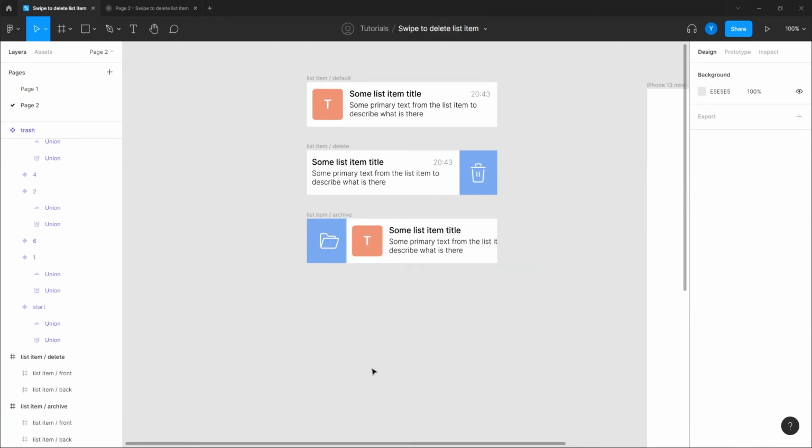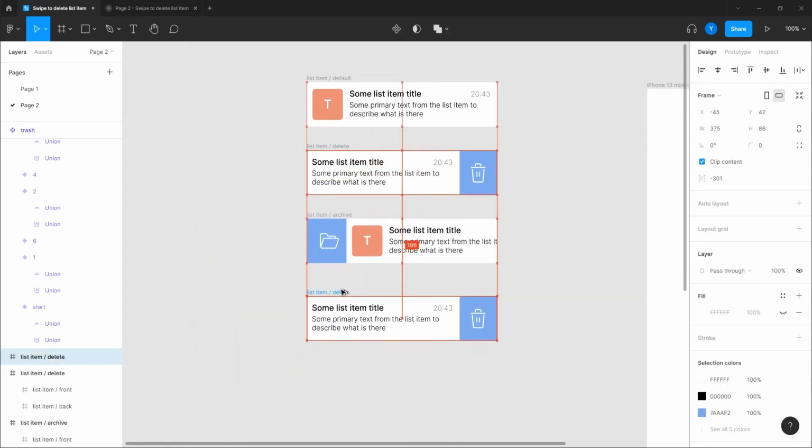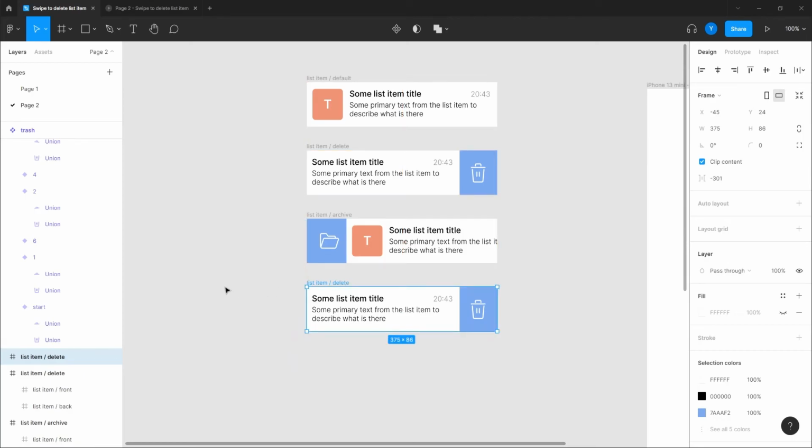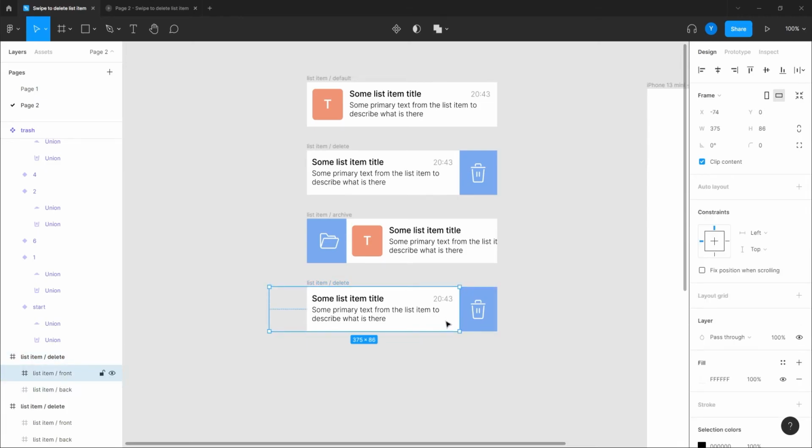Okay, good. So we have these two situations, and now actually we are going to do the last one. Sorry, before the last one, I'm going to take this one again. And by the way, I'm not doing it exactly as swipe to delete. We are going to, as I said, hit the delete icon and then it will delete this item. If we do want a swipe to delete, we just have to make this one the last one we're going to do here, and then we can just swipe to delete. But I think that this interaction is more interesting. So anyway, you can do it any way that you want. You know what? I will show them both.